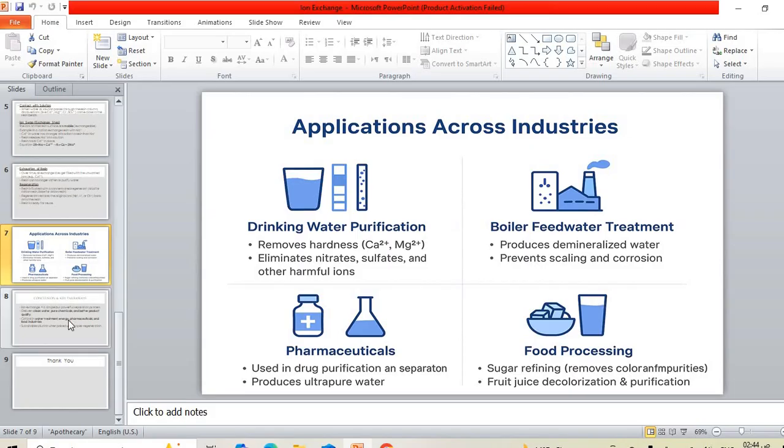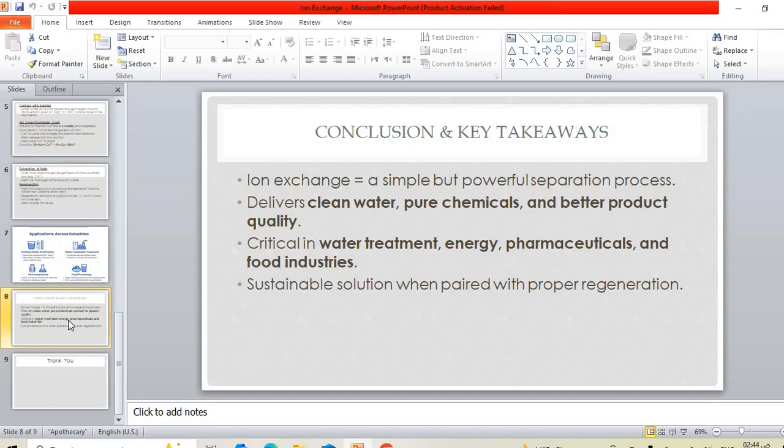To sum up, ion exchange is very simple, very vital in our life, and helps us to drink clean water, to get pure chemicals, to get better product quality, and it's used in many sectors like pharmaceutical, food, stuff that touches our real life. And of course, it is very handy and very sustainable, so we can use it for a long period of time, as long as you do the maintenance needed, as long as you do a regeneration, and you flush it with acid or flush it with base, based on the type of ion exchange you use. That's it for me,